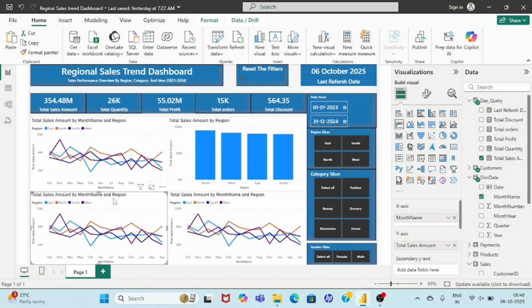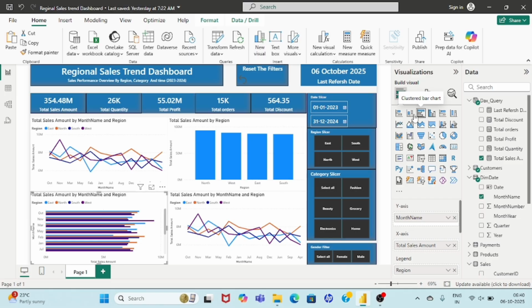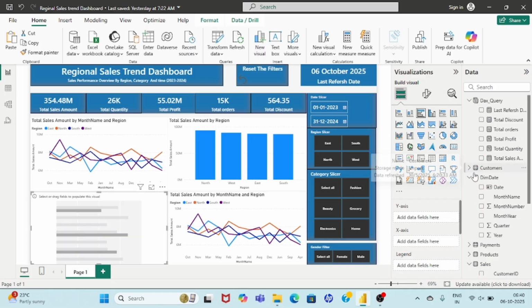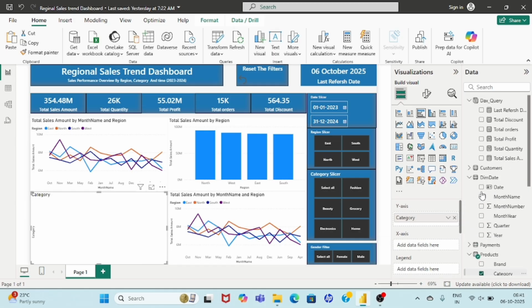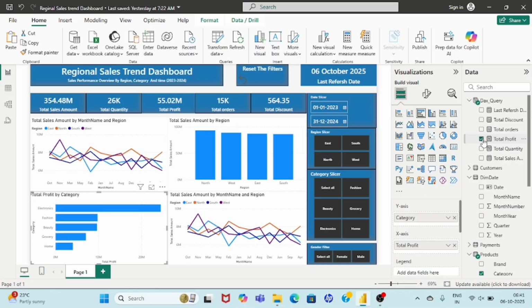And this chart I want to make a clustered bar chart. So this data is being displayed, but we have to change the logic. Category comes under product category, product, and I would take total profit amount here. So total profit by category. This data is being displayed, total profit by category. Okay, now